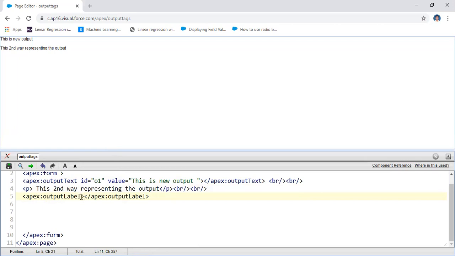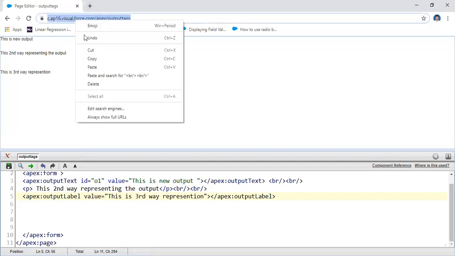For example, value equal to, write something. This is the third way representation. Let us save this one.